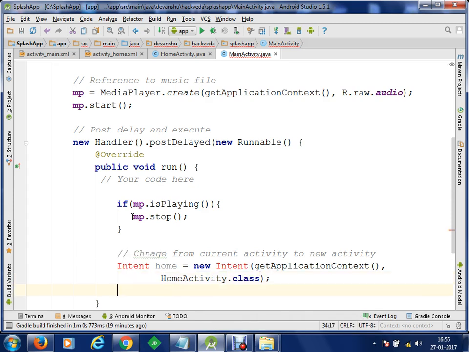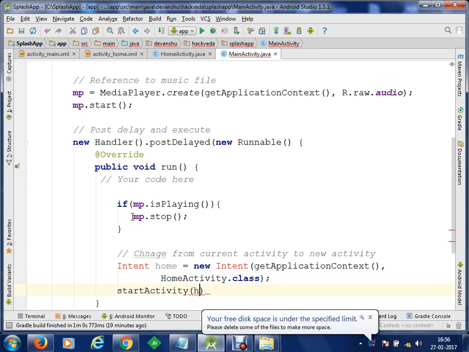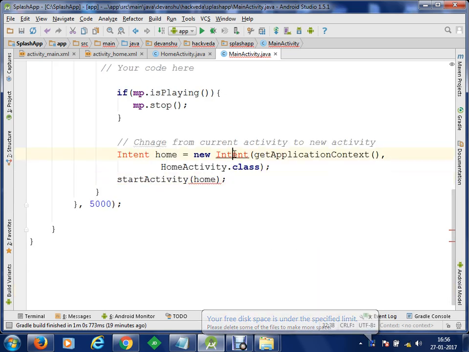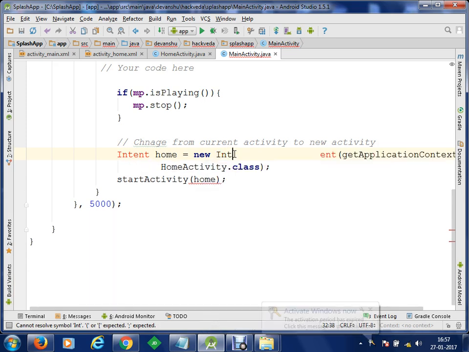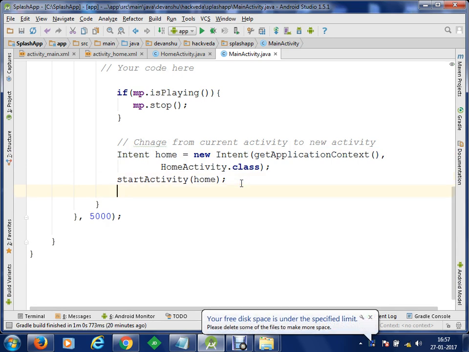And then we are going to startActivity, and that is home. We are going to import that, and the task will be done, and we are going to close the current activity using finish. Okay, is that clear?